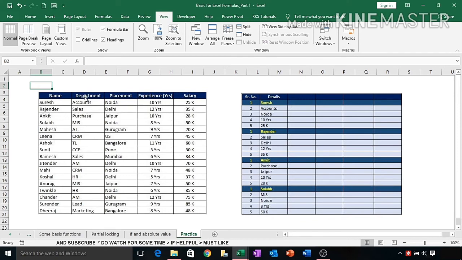Here we have name, department, placement, experience and salary. They want it in name, department, placement, experience and salary. So we have to convert it into this format so that they can work on the blank cells, and accordingly decide whether they want to remove the employee or retain him.